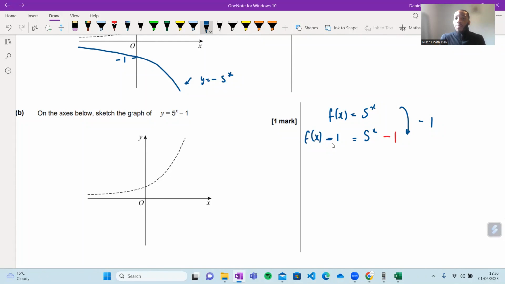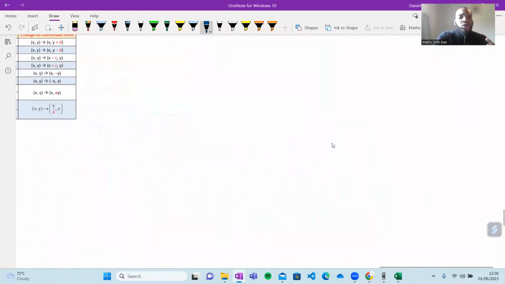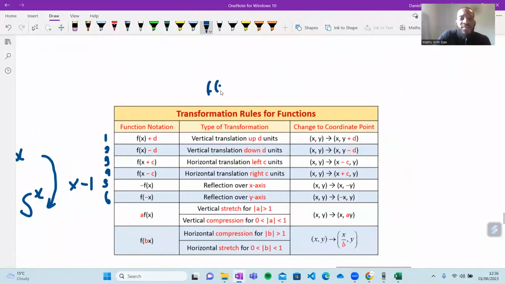Now we've got our transformation. We go back to our table, but remember, we're in an exam. We don't have this table the way we're looking at it right now. We need to have this table in our heads, right? So the transformation that we've just figured out was f of x minus 1. Now, can somebody tell me, please, looking at the rules from 1 to 6, which rule is f of x minus 1 referring to? Is it 1, 2, 3, 4, 5, or 6? Easy. Thank you very much, Quinette, Kieran, Sarosh, it is 2, easily, because it's f of x minus a number.